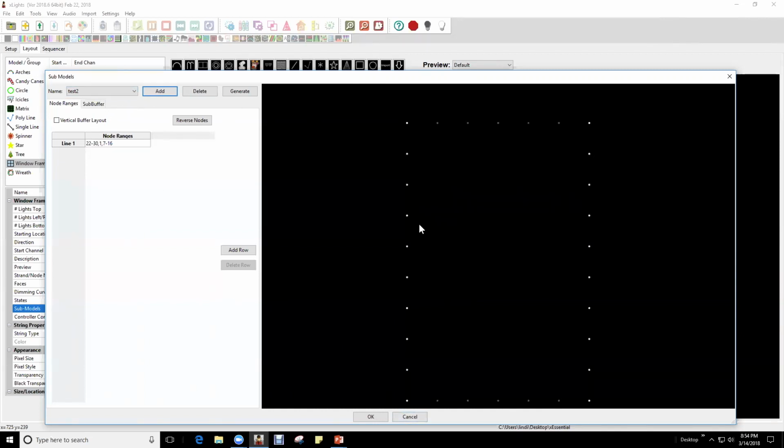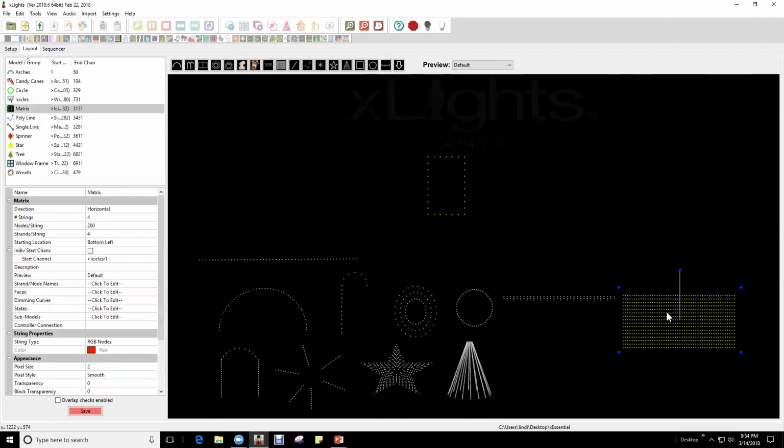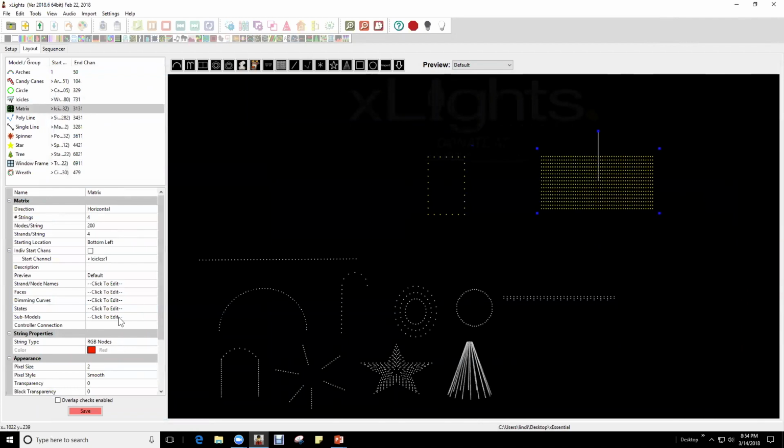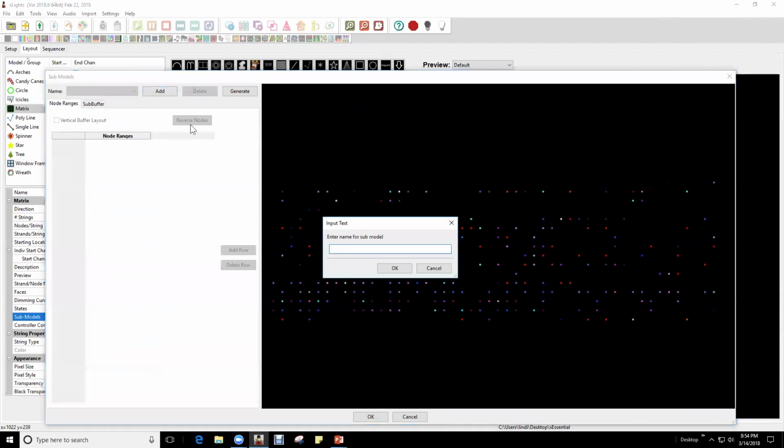That's just an easy way to do submodels, and I think it's very easily explained on the window frame. Now, there are other options in here. I don't really have enough time today to cover all the options with the sub buffer and that. I guess I can go back to the matrix real quick, and we'll do a submodel in here using that one because it's easier to see. So if we go to add, we do test here,